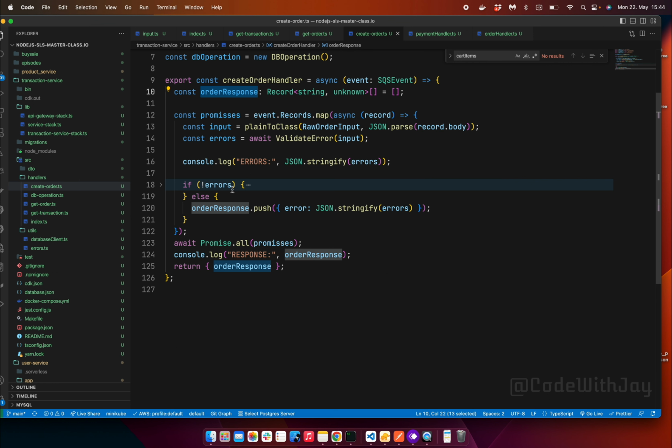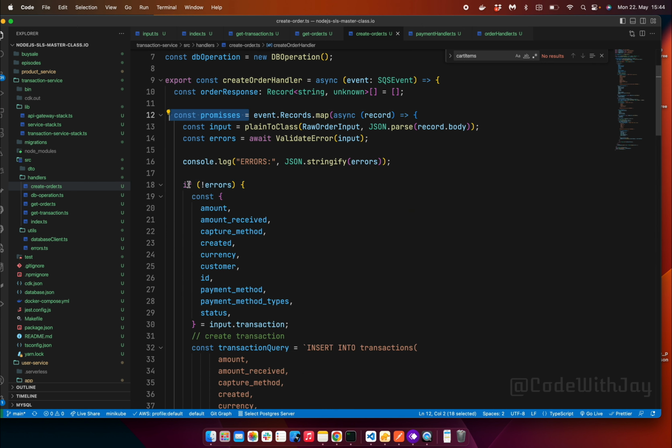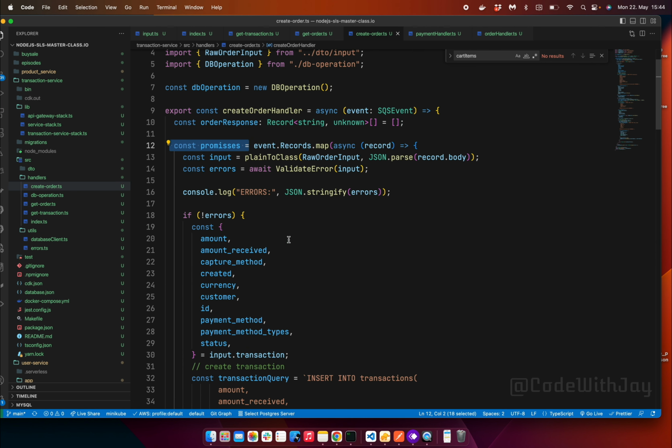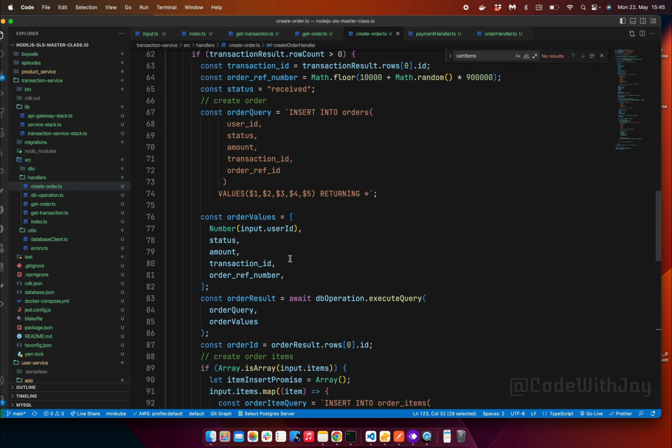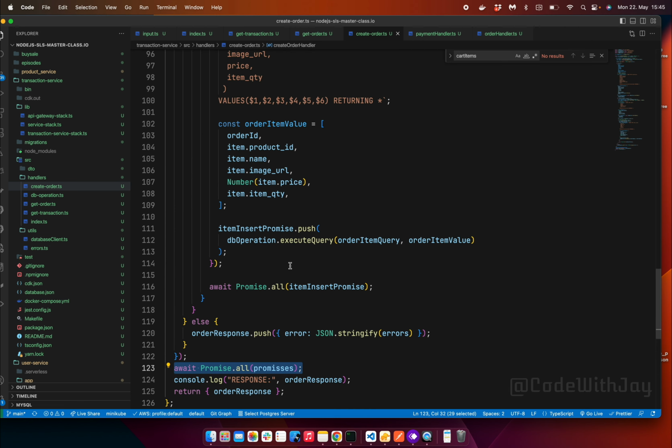Okay. And event records can have multiple records. So this promise will confirm that all the messages have been processed first. Then only we will say our process has been finished and the Lambda function is over. Otherwise, if you are not putting this in place, whatever process is happening inside will not be executed properly. By adding this promise, it will await until all the processes have finished, all the related operations we are executing inside